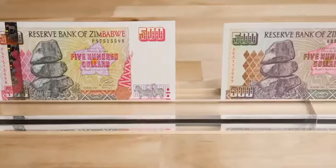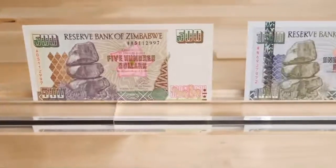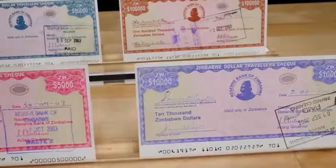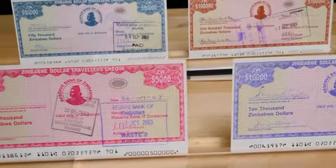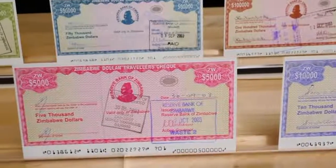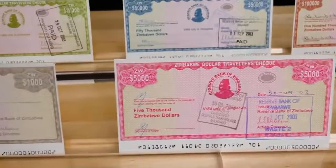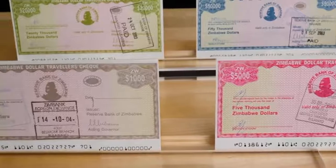Soon, signs of inflation began to emerge, and $500 and $1,000 banknotes were introduced in 2001 and 2003. In 2003, rampant inflation became hyperinflation, and emergency traveler checks were issued in denominations of 1,000 to 100,000. These checks were unpopular because they had an expiration date, were one-time use, and you needed an ID to obtain